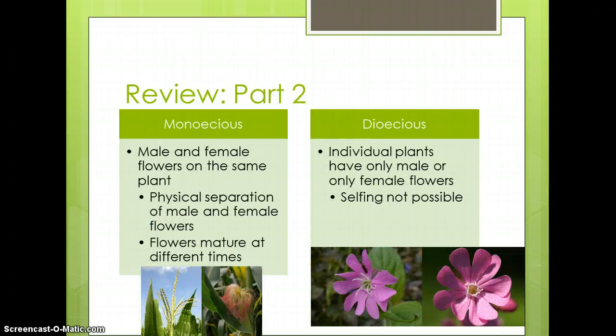Okay, so a way that you can remember monoecious has male and female flowers on the same plant is think mono meaning 1. So 1 plant, both parts. Just remember though that these have a physical separation or the flowers mature at a different time. As for the dioecious, think di meaning 2. So you have to have 2 plants to reproduce. And remember that with dioecious, selfing is not possible since the plant has either male or female organs. It doesn't have both, so it can't